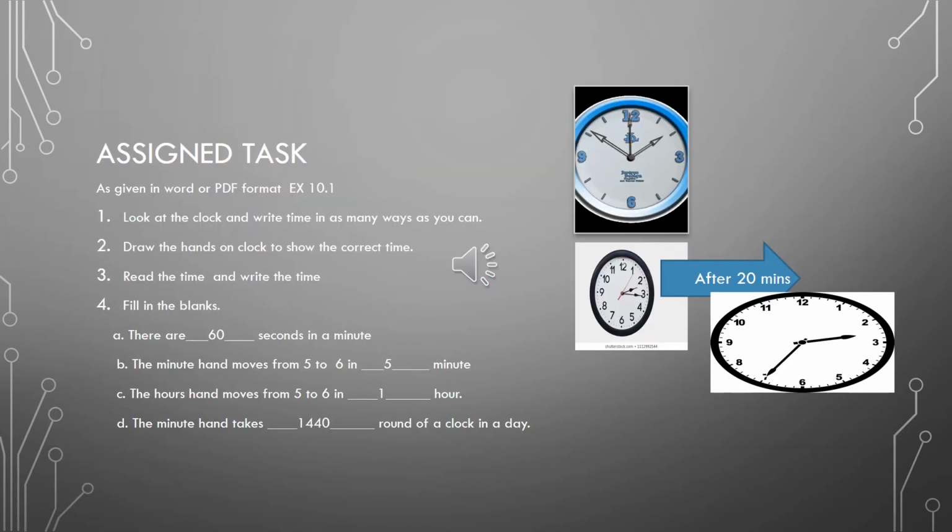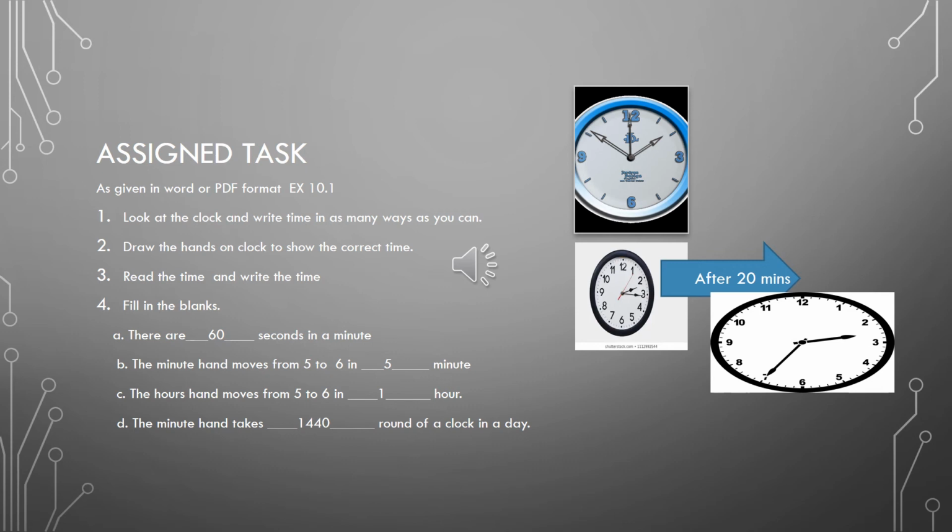ओके जी, कम टू द असाइन टास्क। आपको जो टास्क असाइन किया गया है आपके होमवर्क में, उसकी तरफ आते हैं। इट्स एक्सरसाइज नंबर 10.1। ओके, आई डोंट रिमेंबर इट्स पेज नंबर बिकॉज आई डोंट हैव बुक राइट नाउ, so I'm telling you what it is going to ask you. Question number 1 is asking you, look at the clock. Okay, what do you have to do first? You have to look at the clock and write the time in as many ways as you can.